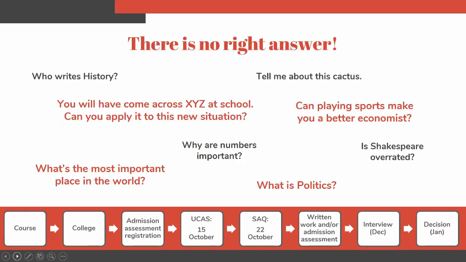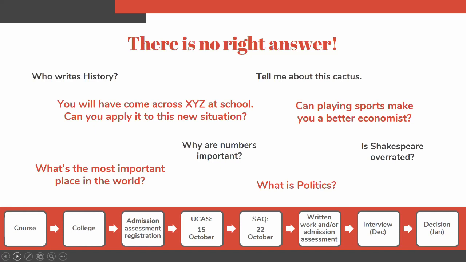So finally, we've got a few questions here just to show you a range of types of interview questions. We're not saying this is what you will be asked, but we're just showing you that interviews can be quite different. For all of these questions, there isn't necessarily a particular right answer. What we mean by that is there are lots of different answers you could give. Some of them might be more technically correct than others, but these sorts of questions could perhaps be interpreted in